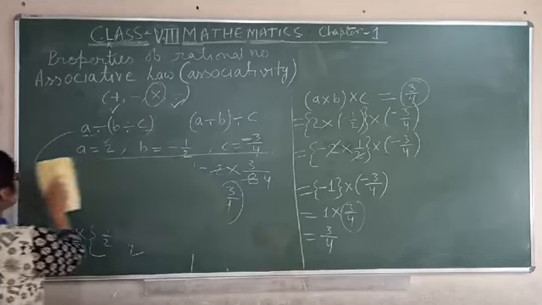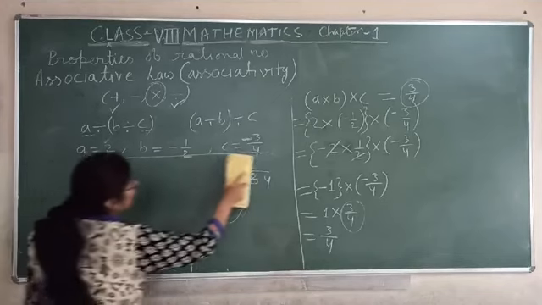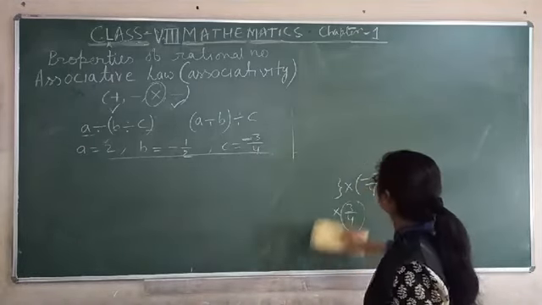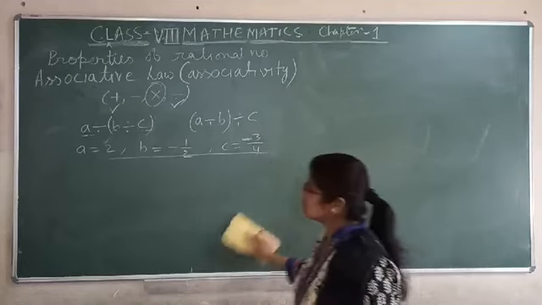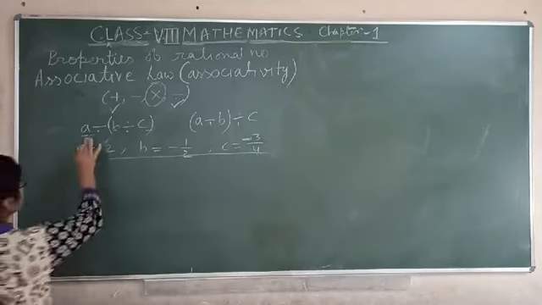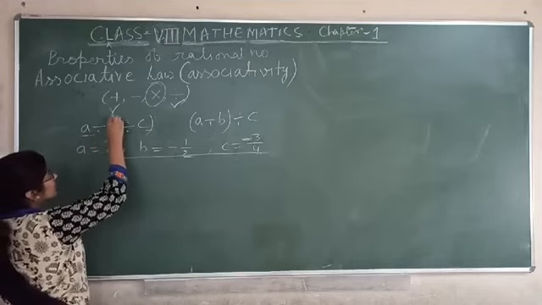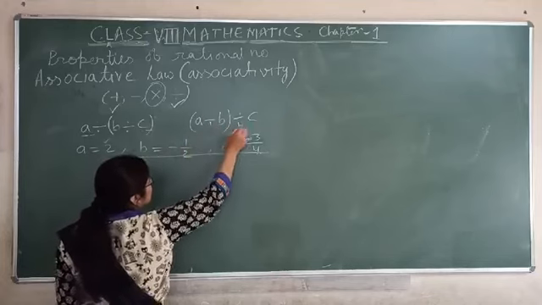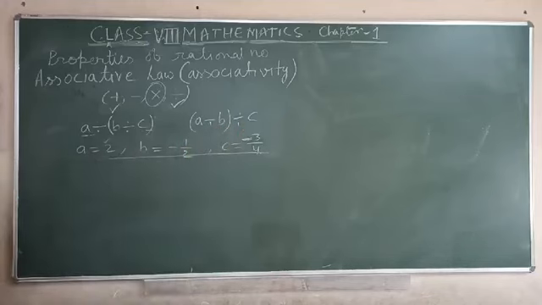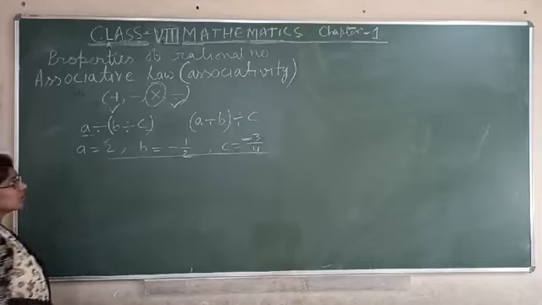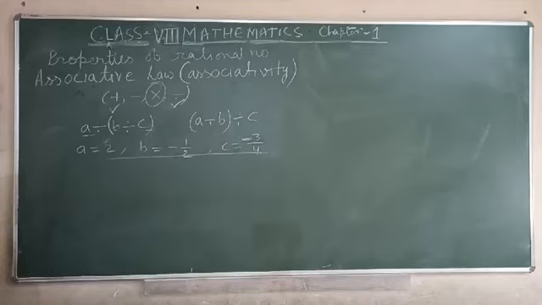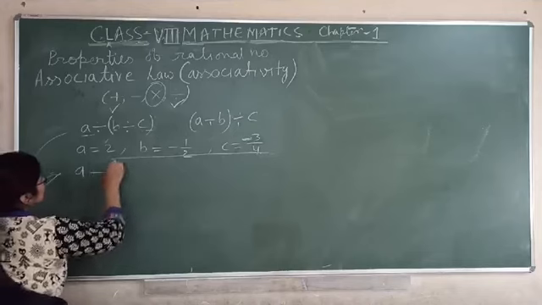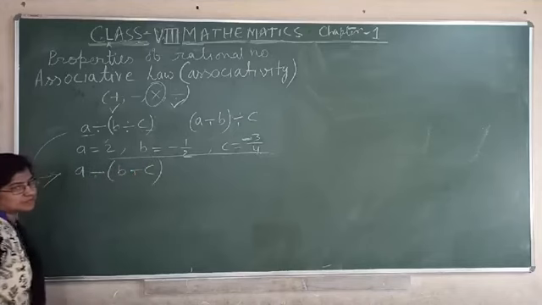Same value I am using here for division. Okay, if A divided by B within bracket B divided by C, and here A divided by B within bracket divided by C. If both come equal, we will make an equal sign here. If not equal, we will make a not equal sign here. Let's check. First we will check for this one: A divided within bracket B divided by C.